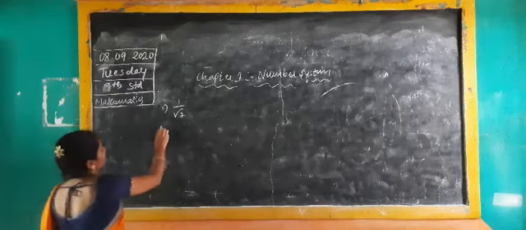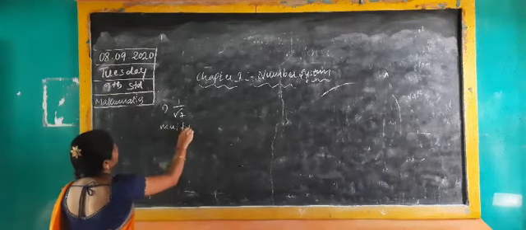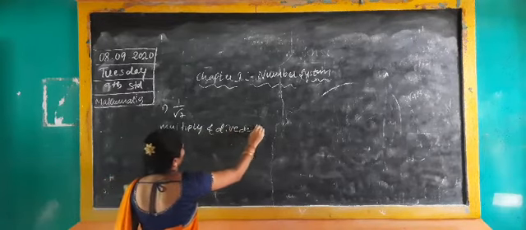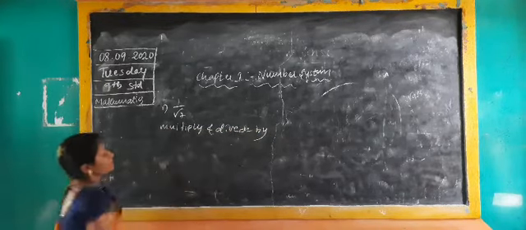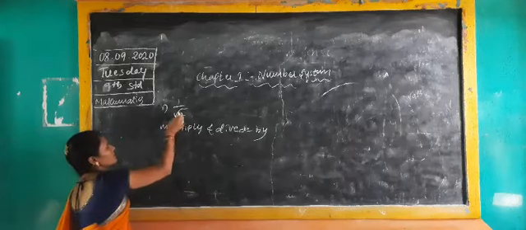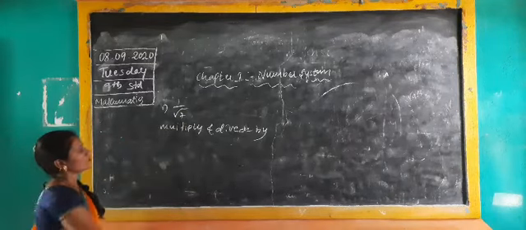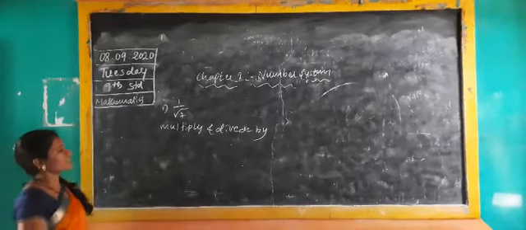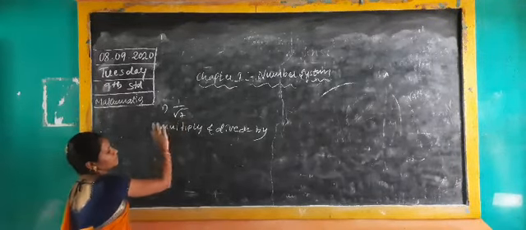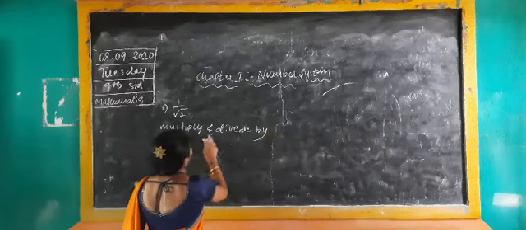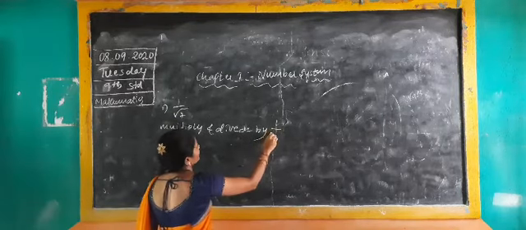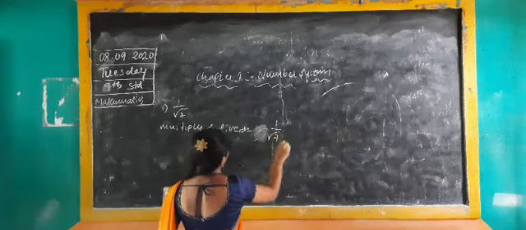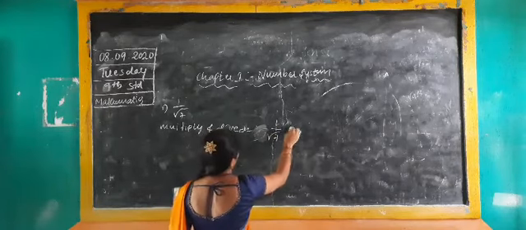Here multiply and divide by, I am taking here the denominator. First you have to take only the denominator, multiply and divide by whatever is there in the denominator. Plus means take minus, minus means take plus. Here if there is nothing, you take that only. Multiply and divide 1 by root 7 by root 7.